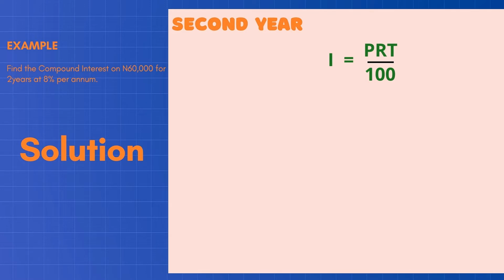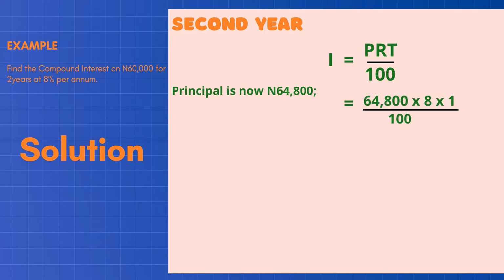But the only change here is that the principal has changed from 60,000 naira to the new principal, which is now 64,800 naira. Now P will be 64,800. Substitute the values for P, R, and T to have I equals 64,800 times 8 times 1 divided by 100. By the time you multiply the values at the numerator, 64,800 times 8 times 1, all divided by 100, you have your answer to be